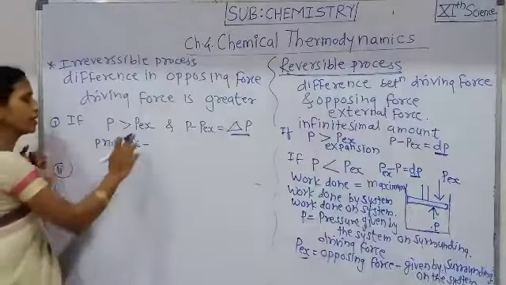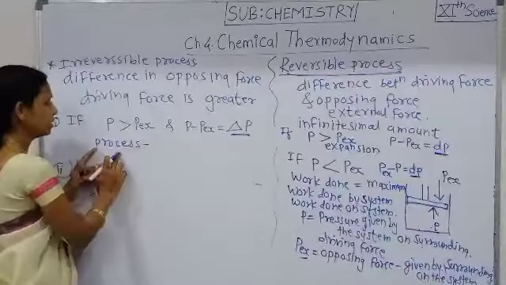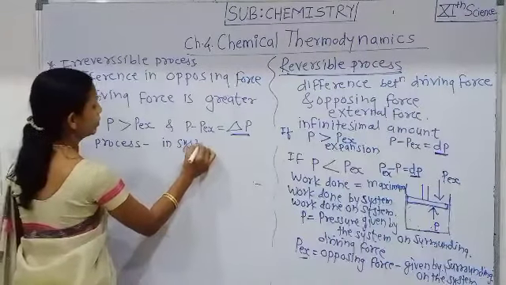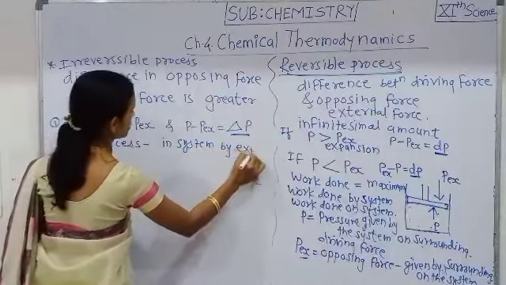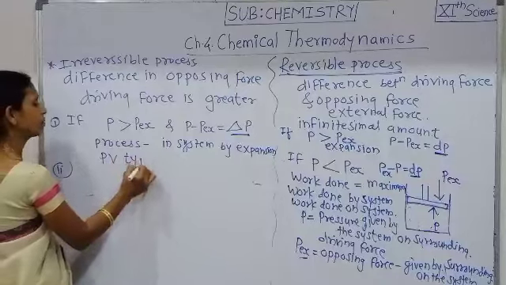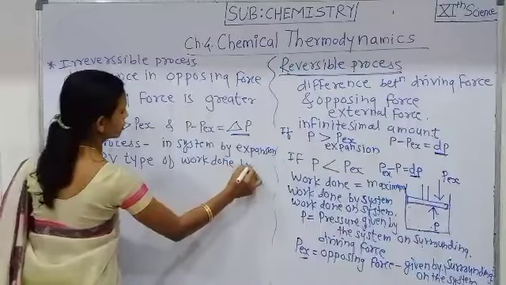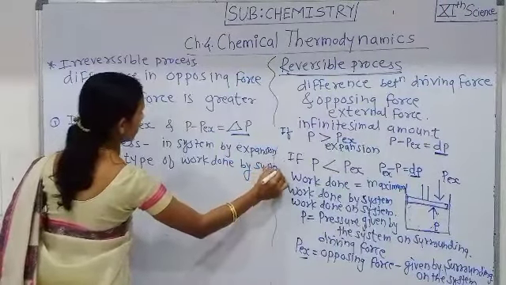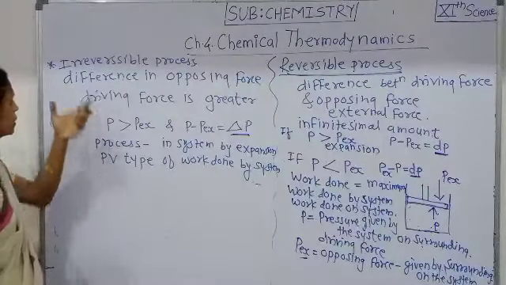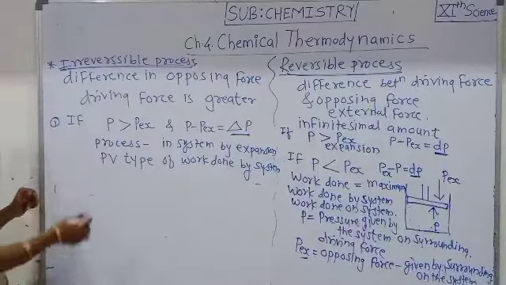and here if P is greater than PEX, that is the driving force is greater than the external force, then the process takes place in the system by expansion, and here also PV type of work done takes place by the system, and expansion takes place and the process in this system is an irreversible process, and if here